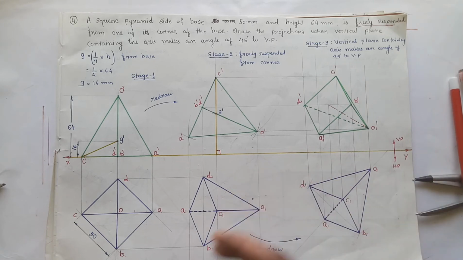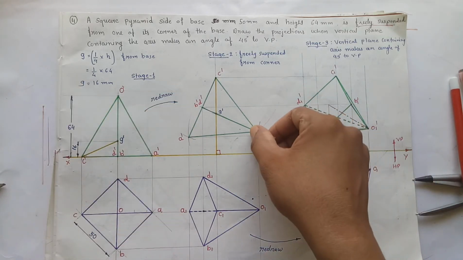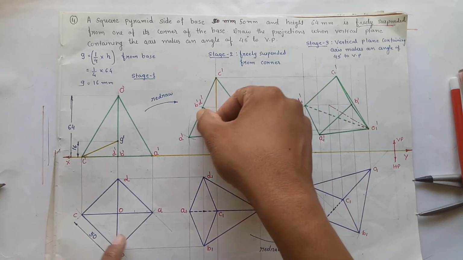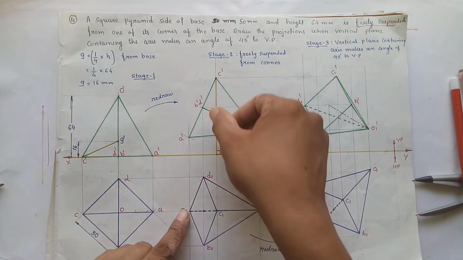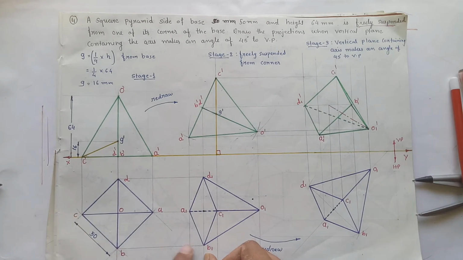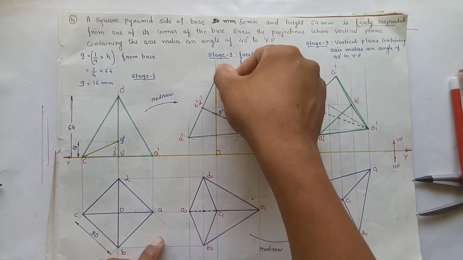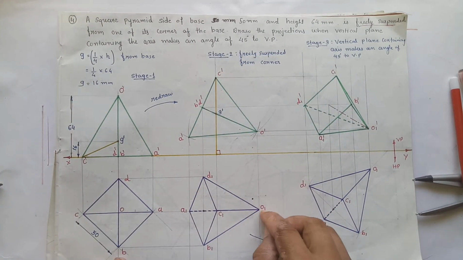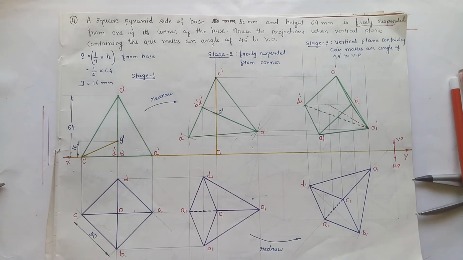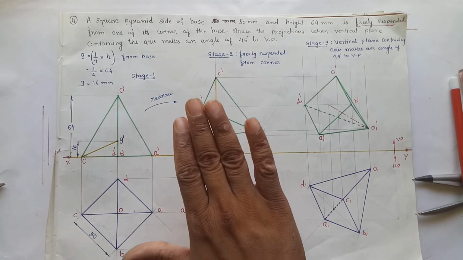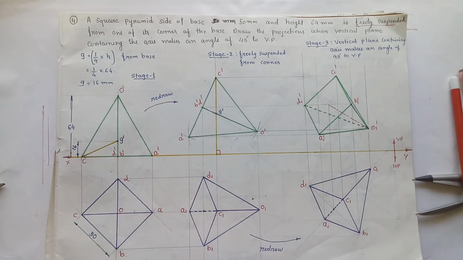So here, first of all, take the projection O, A, B, and B also, C and C. Mark points O, A, B, C, D. Now see, here is the third case in which the surface of the base is going to be visible, because